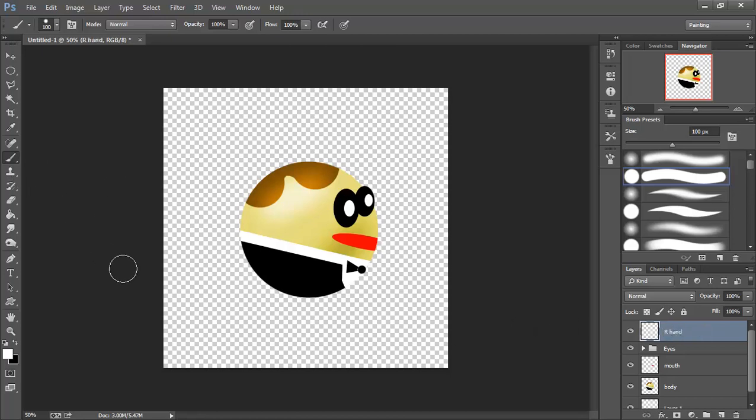Our hands are going to be very, very simple. I'm even happy with that brush size at right around 100. So I'm just going to click on here, get a nice white, switch it over to black, take that brush down, very small,